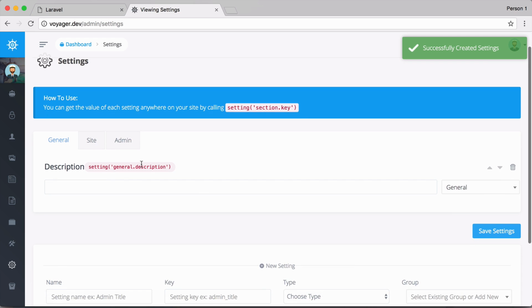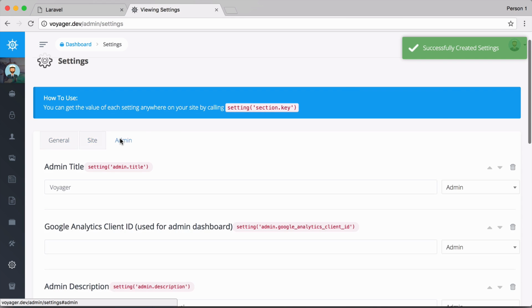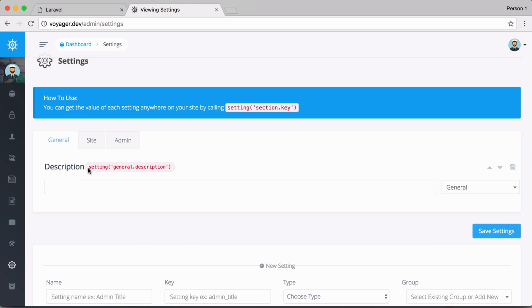So now you can see that we have general, site, and admin. So now I can then reference this description by echoing out setting general.description. This is my awesome description. So then I can save that